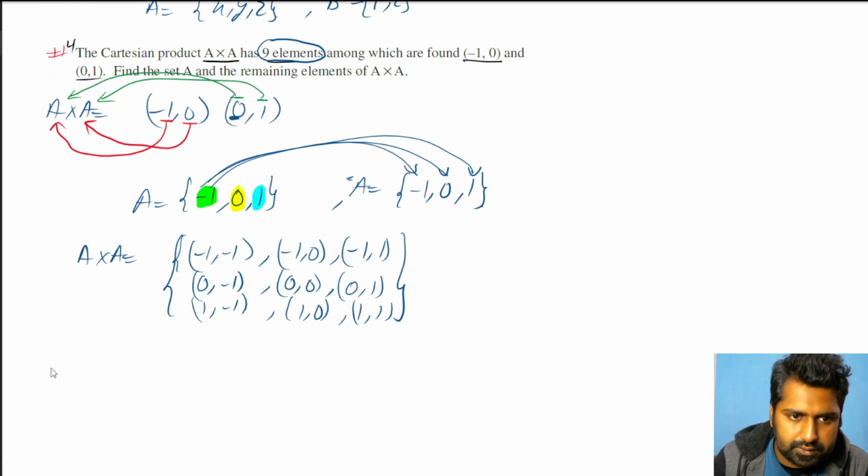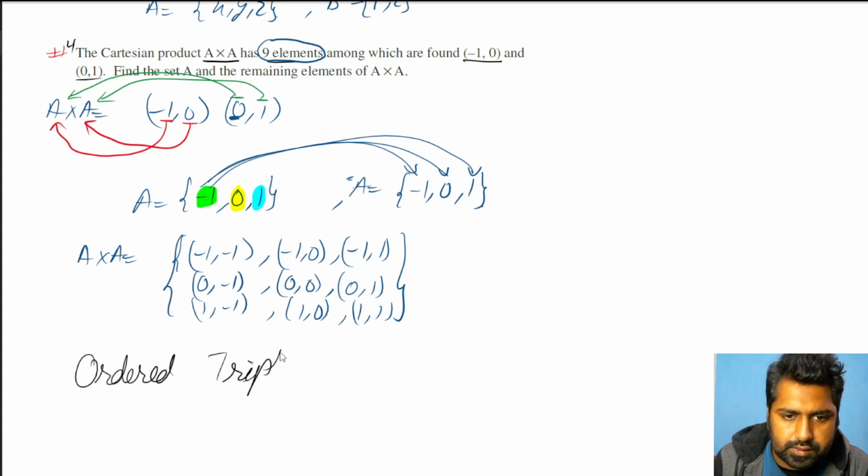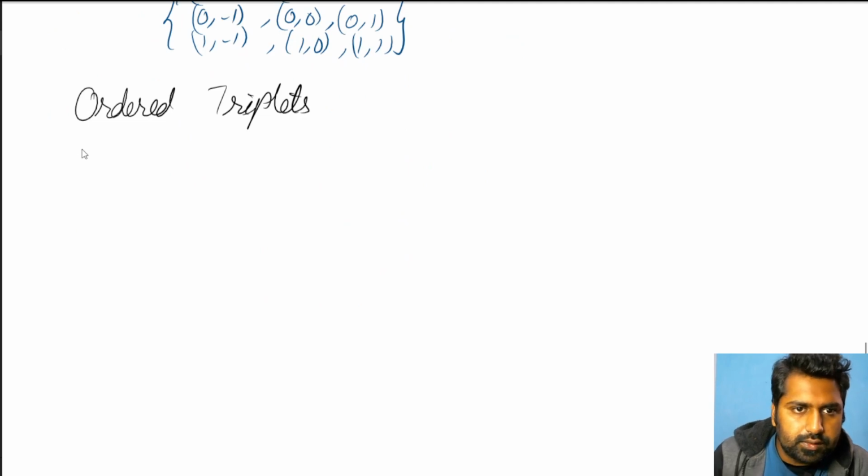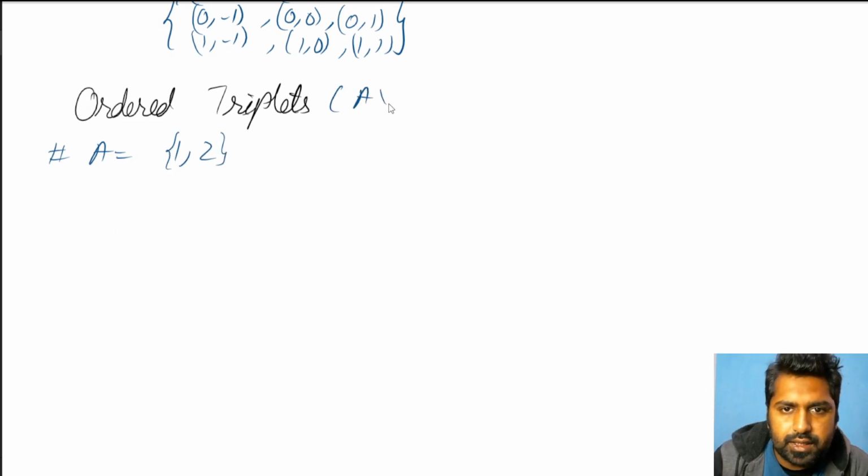Let's say A is one more example. First I'll put the heading, ordered triplets, then I'll give you the example. These were ordered pairs. Now we'll talk about ordered triplets. Let A be 1 comma 2. An ordered triplet is first of all represented by A cross, let's say, B cross C. 3 sets have to be there, and I ask you to calculate, let's say, A cross A cross A